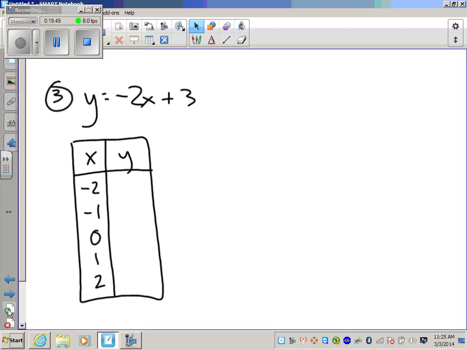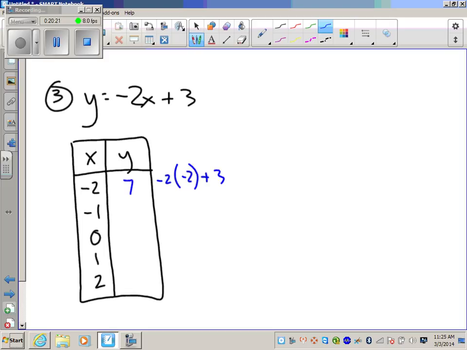All right, so I'm going to take my values for x, I'm going to plug them in. So here, my value for x is negative 2, negative 2 times negative 2 plus 3. I multiply before I add. What's negative 2 times negative 2, Edsel? Can you please pay attention? What's negative 2 times negative 2? 4. 4 plus 3 gives us a y value of,